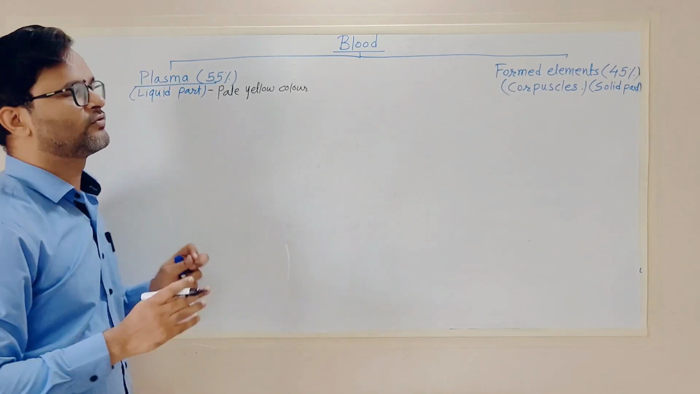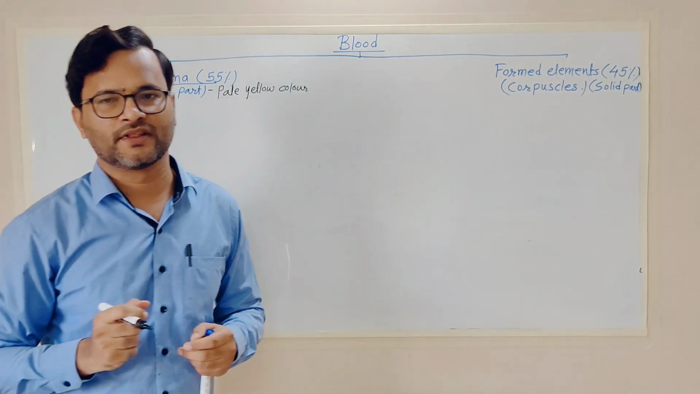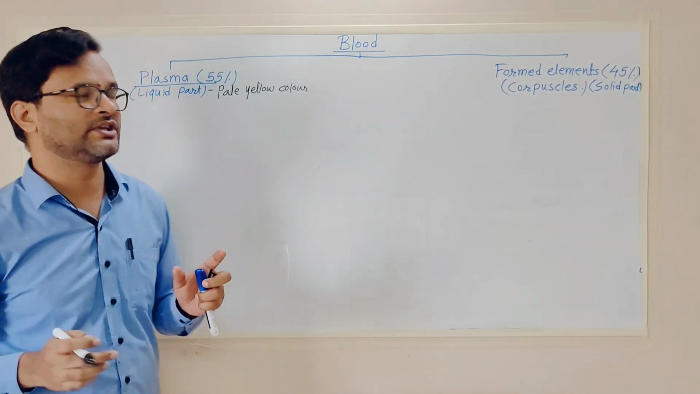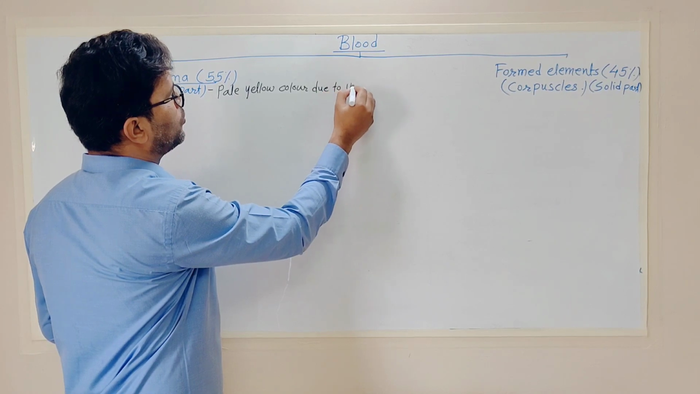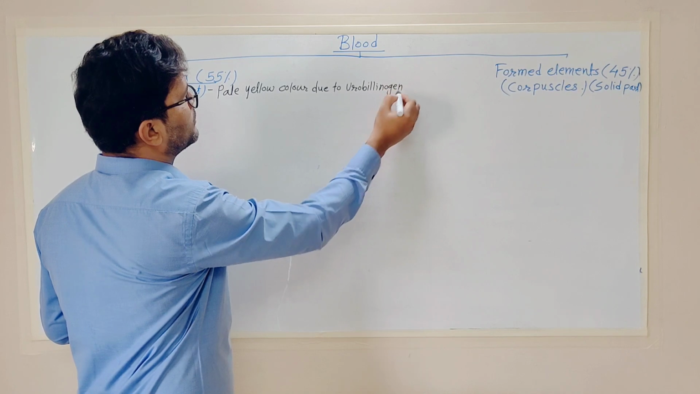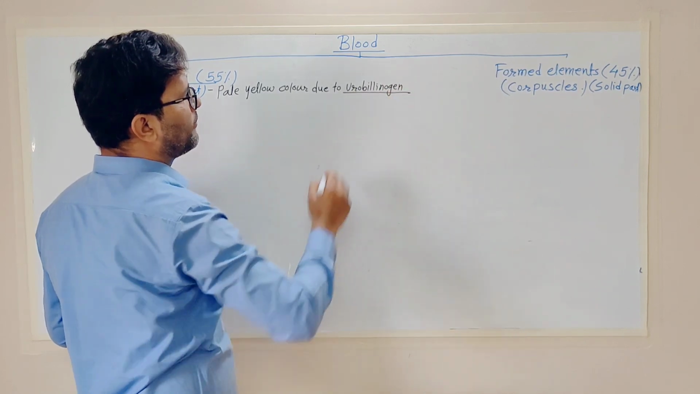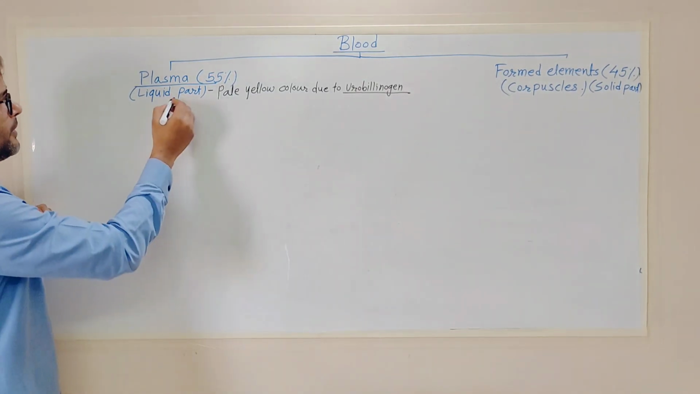Why? Because of the presence of one type of bilirubin that's named urobilinogen. Okay, due to urobilinogen. Clear? It is a type of bilirubin. Clear? Now in case of the plasma